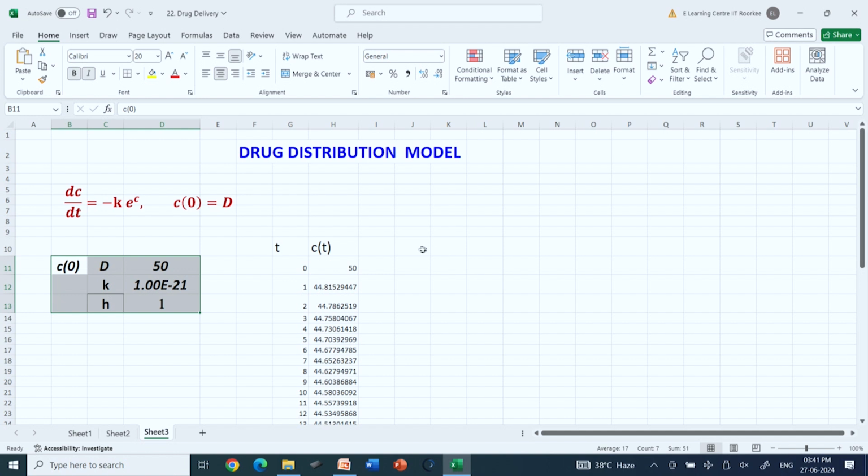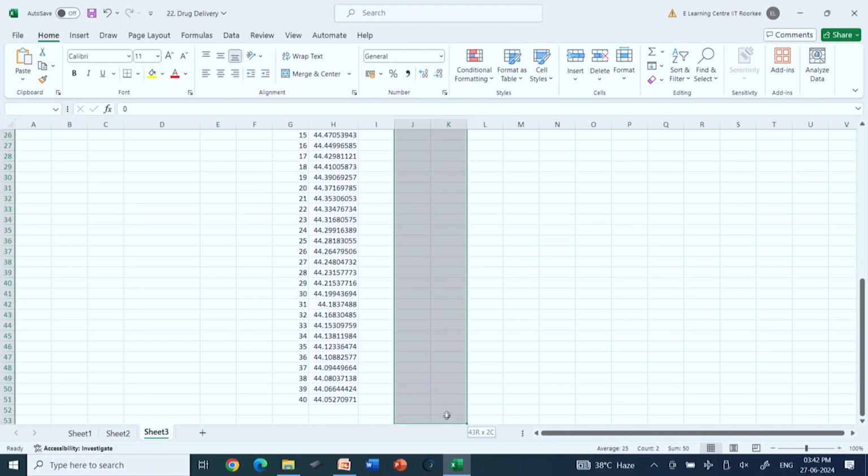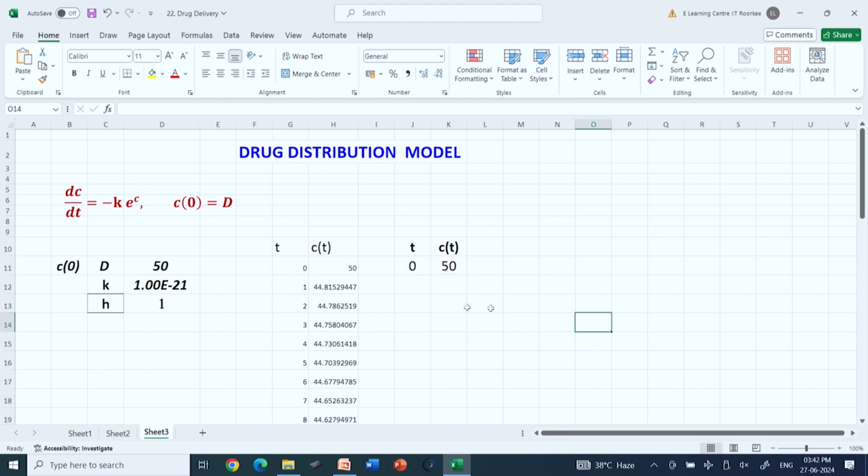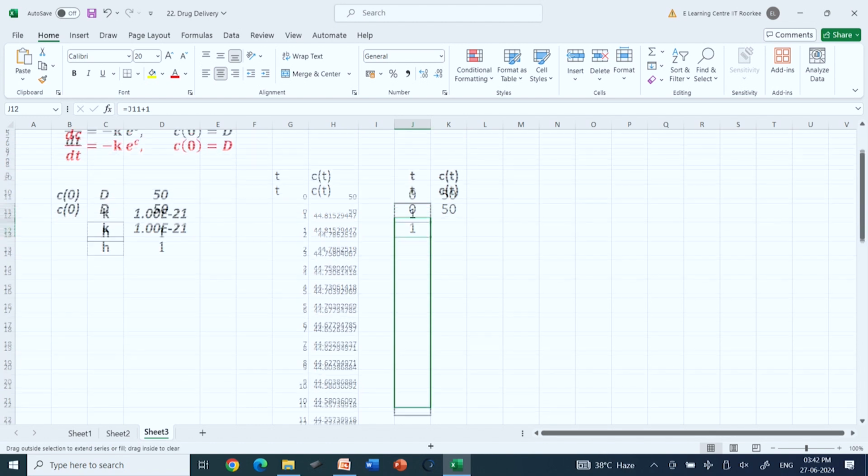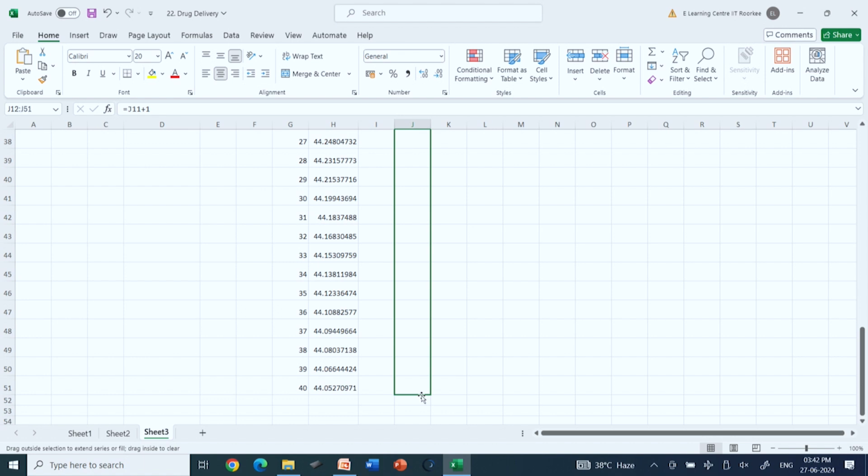So, again we have this c, the time, the concentration, we increase their font size, make it bold, and this is 0 and this is 50. Just quickly make them 20. So first we increase them by 1 plus 1 and then drag them to the 40 values,